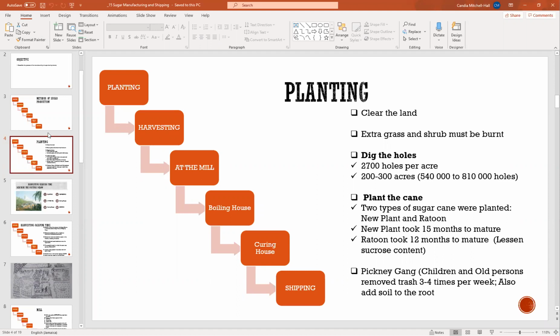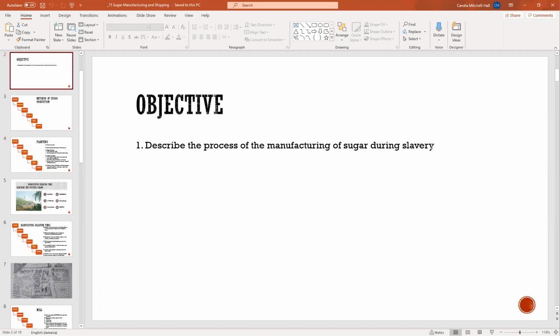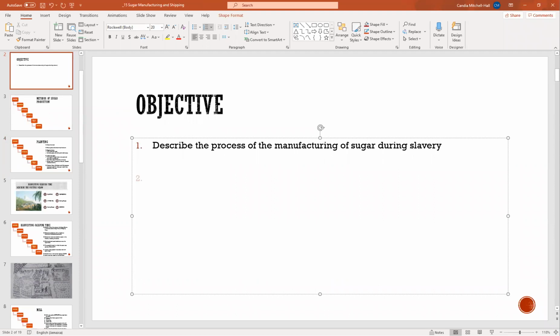So this is the past paper question. I'm going to write the past paper question here. So the question that they asked was, describe the work the slave did in the process of sugar production from